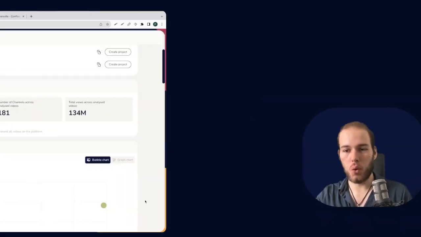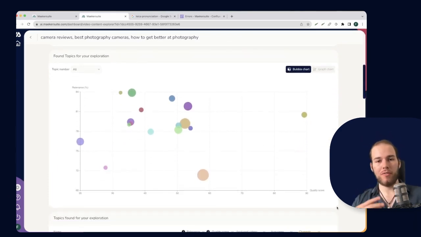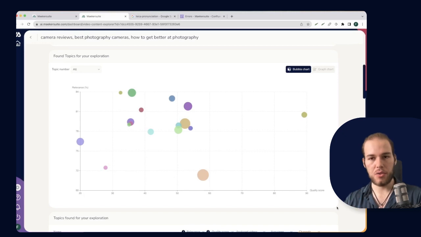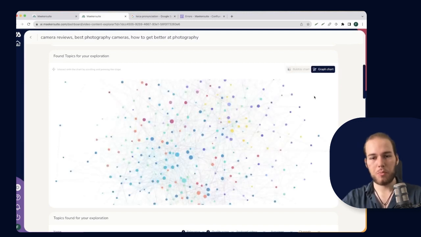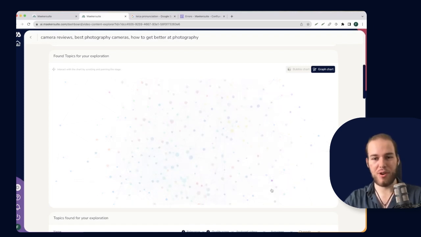I'm Felix Quinkwa, I'm the head of AI at MakerSuite, and we have developed a really cool feature called the graph chart, which you can find in the exploration. So if you haven't launched an exploration yet or don't know how to do it, check the video out that's linked in the description, which will guide you through how you can get to this stage. And then what you want to do is to click on this graph chart button. The graph chart button will spawn this overview, and no worries, it's going to look like a complete mess at the start. But today we're going to try and understand how you can get meaning out of this graph.